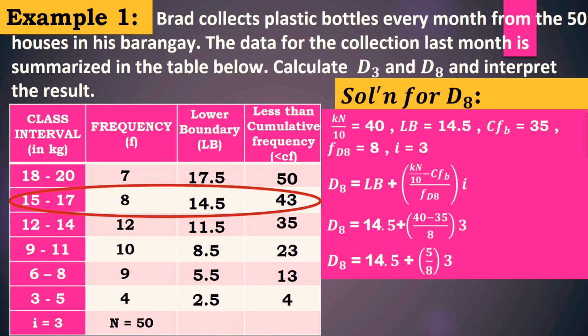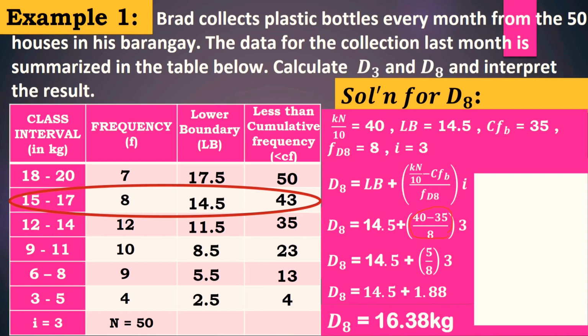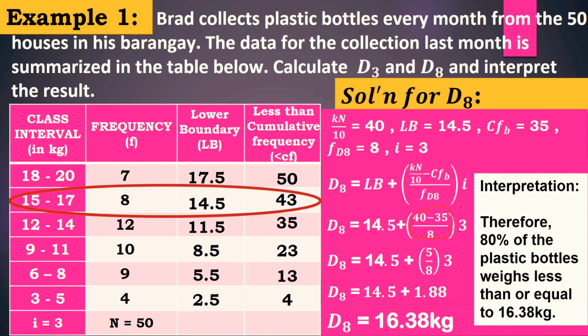So let's simplify this. 40 minus 35 is 5. 5 divided by 8 times 3 is 1.88. 14.5 plus 1.88 is 16.38. So, since the unit is kilogram, it means d sub 8 equals 16.38 kilogram. So, for the interpretation, since d sub 8 is 80% in decile, therefore, 80% of the plastic bottles weighs less than or equal to